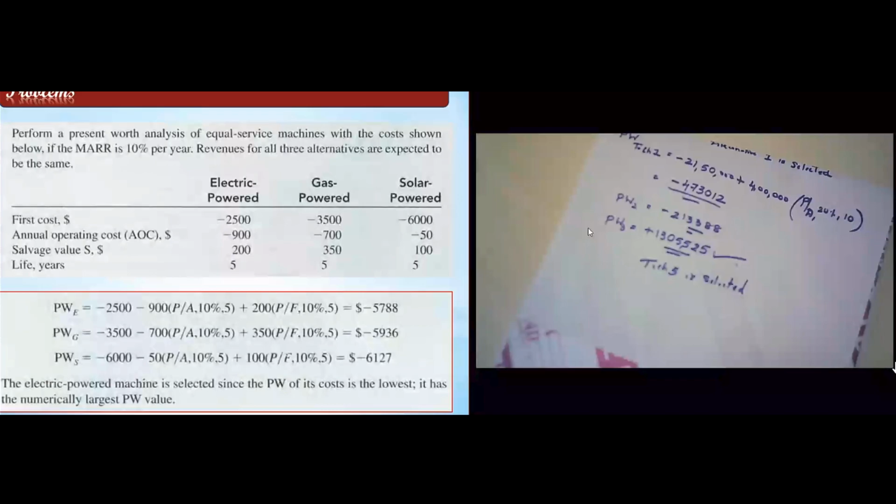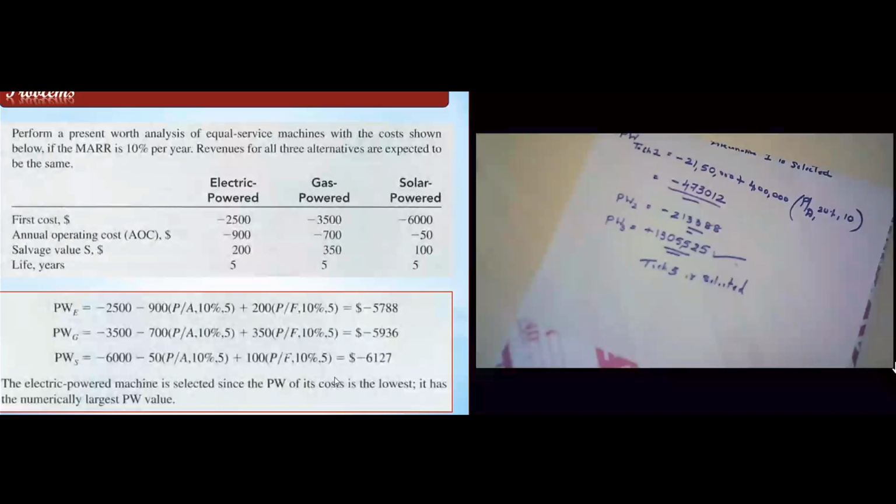Excuse me, sir. Sir, is it necessary to strictly follow the sign convention? What if we maintain the relative signs between the investment, the outflow and the inflow and solve the question? No, if you solve the question, there is nothing wrong. You will be getting the answers, and the present worth answers would be the same. But when you are inferring, you have to be very careful. If you can infer according to the given numerical without considering cost or revenue dominated, then it is well and good.